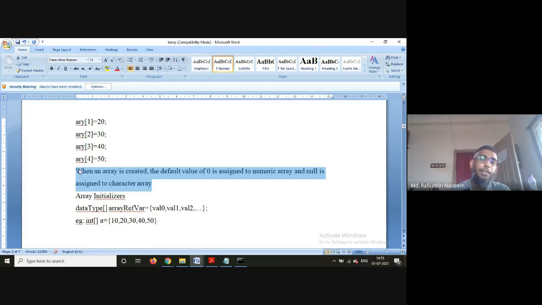When an array is created in Java, any numeric array, it can be an integer, a float, a long, a double, a short, a byte, whatever it is, the value 0 is stored in all the elements by default. And if it is a character array, then the null value is stored.